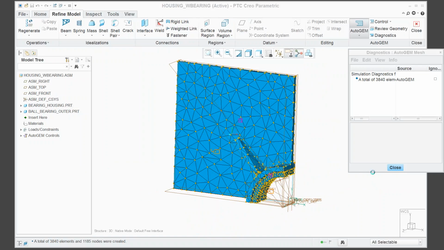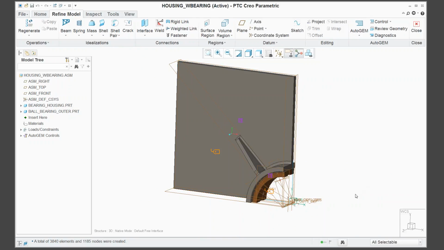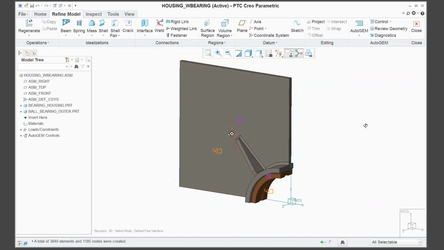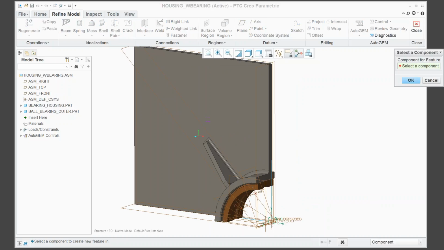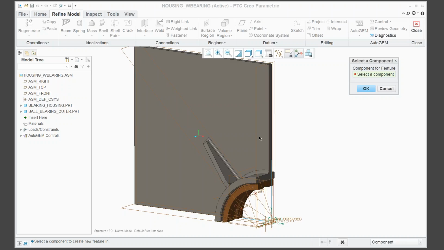So what I'm going to do here is a technique which is to make a region. And I'm going to use a volume region. So basically we're going to chunk a part out of this thing and give it different mesh properties. And this is one of the standard techniques for mesh refinement in Creo Simulate. So make me a volume region. I'm going to do it on this component,